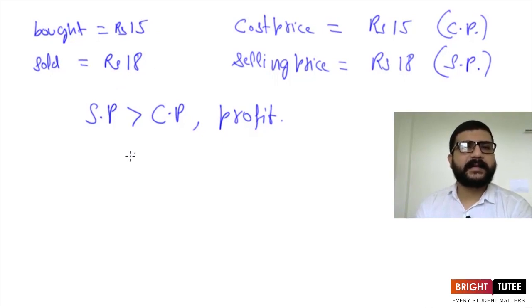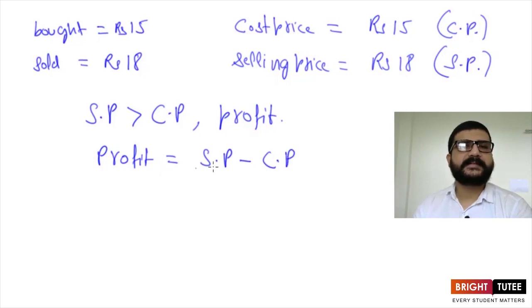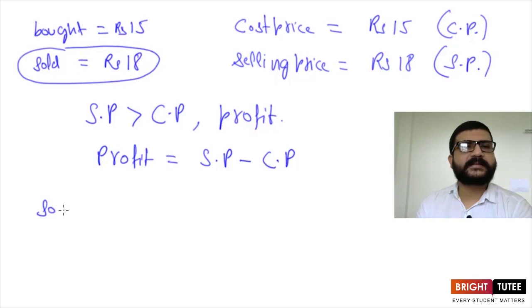Now how we can get that? See here, if SP is greater than CP, then it is a profit and the profit amount is equal to SP minus CP. That is selling price minus cost price. The price at which we are selling the item minus the price at which we bought the item. This gives us profit. Now suppose instead of selling at rupees 18, if I would have sold this at rupees 10,